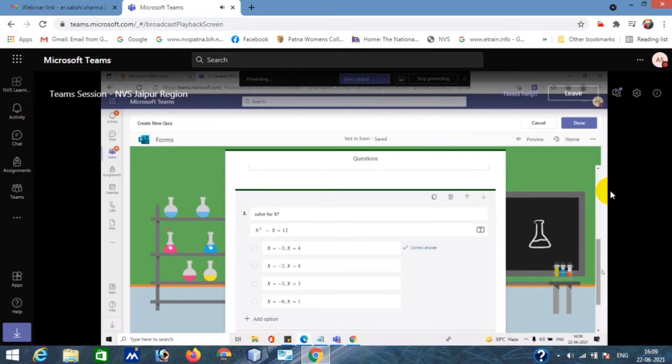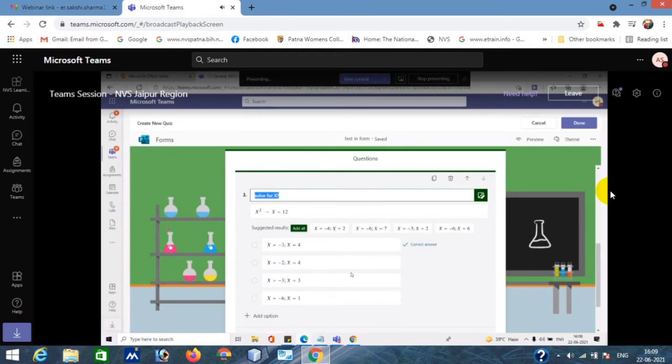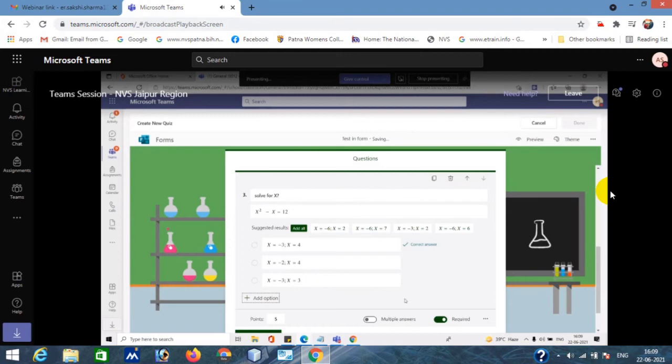Otherwise, you have to create the options if you are creating this kind of form in your Word or any other platform. So you have to think about what options you are going to give, and you can choose accordingly, right? So this way you can just mention the maths options, right? And if you want to delete the options you don't want, you can delete them, right?